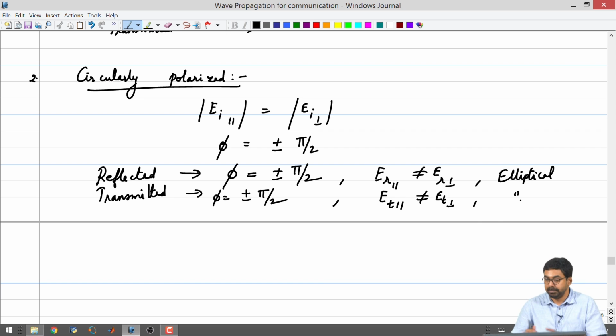Okay. So, there are cases where multiple things can happen, but one thing is for sure, you cannot have reflected and transmitted to be circular. In the most generic case, they look elliptical, but it is possible that this elliptical gets down to being linear in one of these components. So, for circularly polarized light, there are many things. You will have to look at the media interfaces, calculate the coefficients and calculate the values of the reflected fields, and then you have to decide what the polarization is going to be. But in general, it has to be elliptical. It could become linear under certain conditions depending upon your value of gamma parallel and gamma perpendicular. Okay. So, this is the thing.